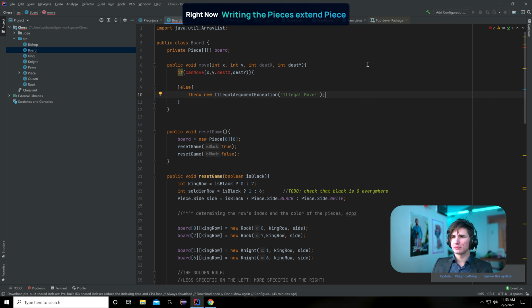Right, that's how exceptions work. If you fail a certain condition, you can throw an exception. Any questions about that, I'm happy to answer as well. Now we can simply check that if the place on the board that we're moving to is not null, we have to kill it, right? So if board dest x and dest y